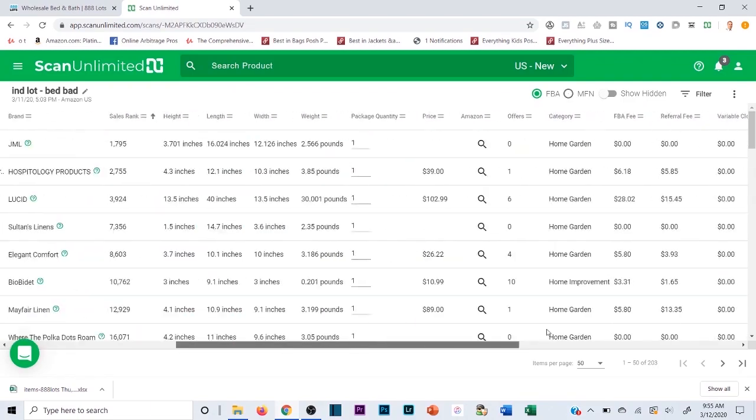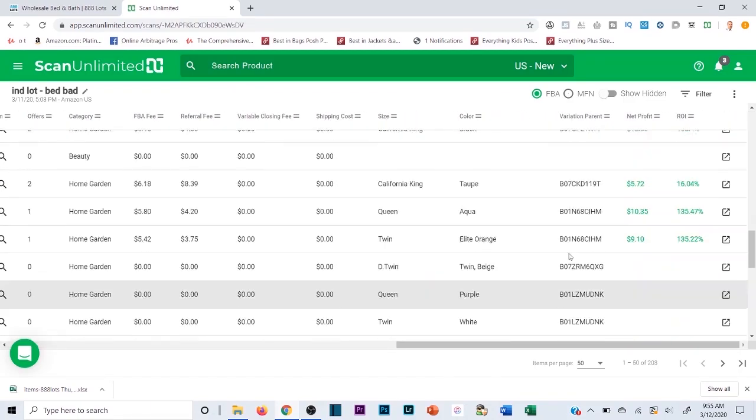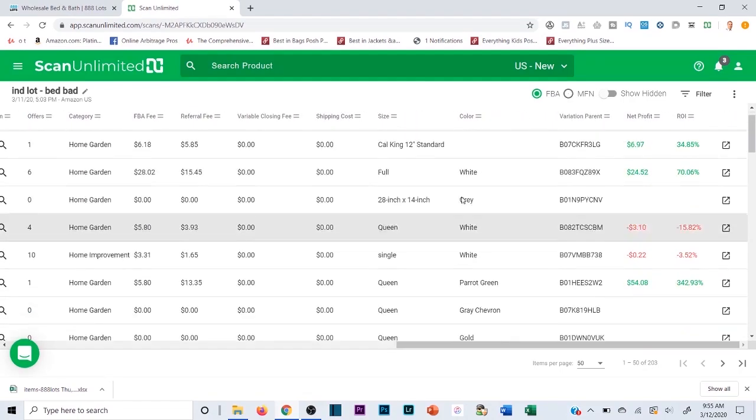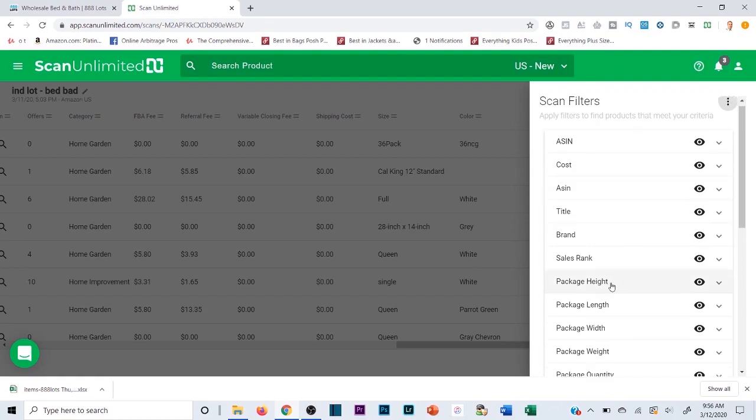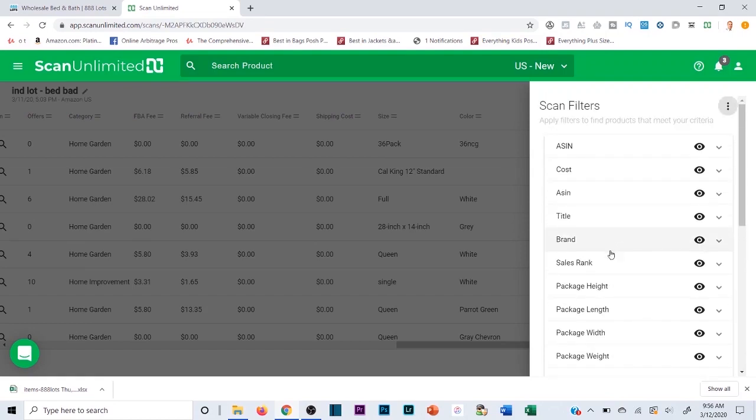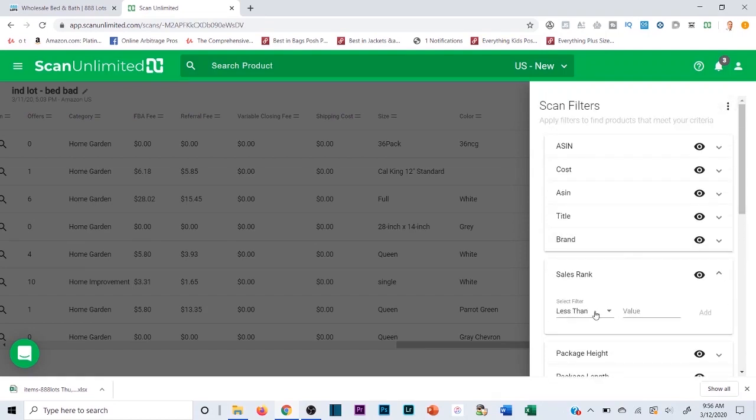Now, what I want to do is filter through this because I don't want to sort through 111 items or 180 or however many we have here, because that defeats the purpose of putting it into scanning software. So I'm going to click filter, and I'm going to start slowly filtering this down so I'm only seeing good products. So I'm going to click value greater or value less than 100,000 to give me a starter,